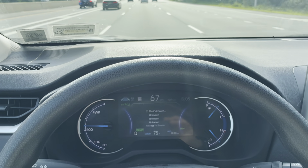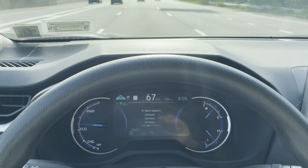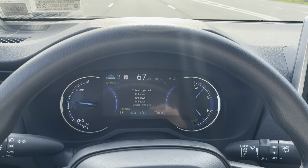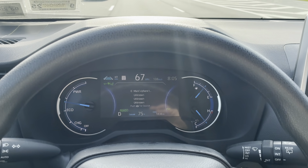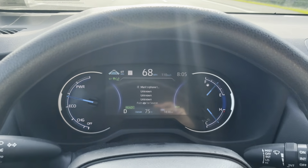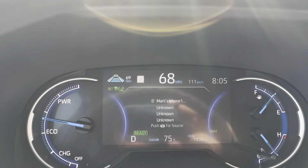Hey guys, here today with the 2025 Toyota RAV4 Hybrid. So I have dynamic radar cruise control activated, and as you can see from the display,